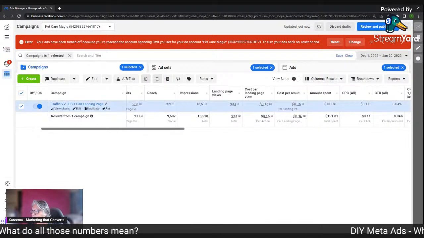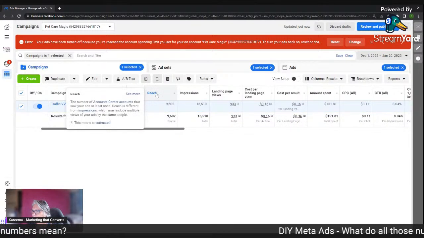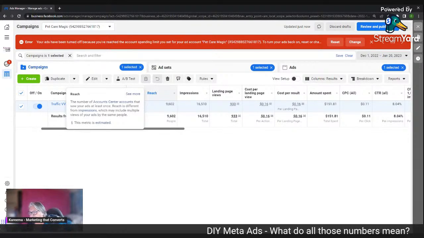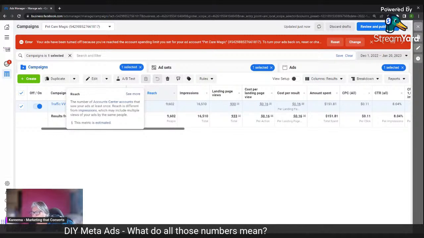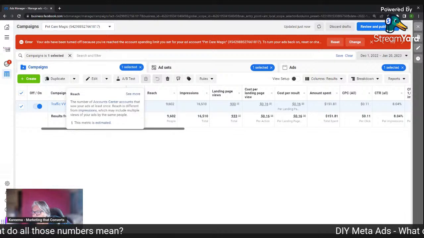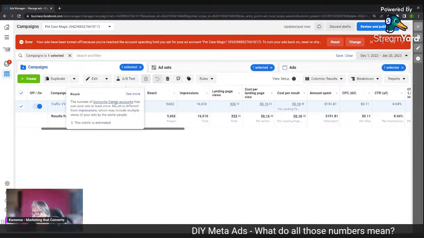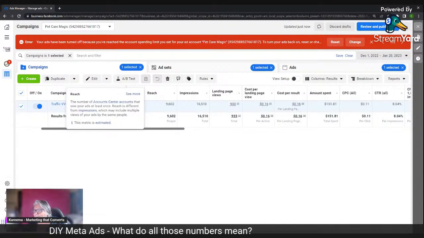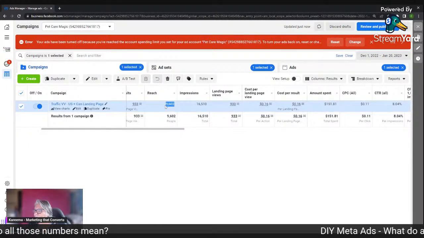That's a reach of 9,602. And reach being, what's throwing me is this ad center accounts. This is a new verbiage they've put on here. Reach is different from impressions, which may include this. I don't know what this ad center accounts business is all about. The number of people who saw your ads at least once. So 9,600, according to this,